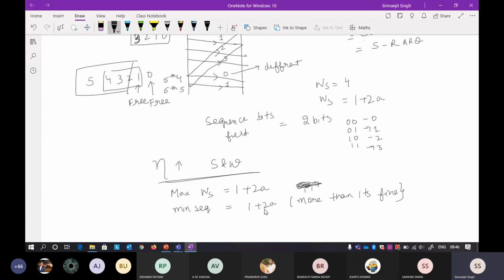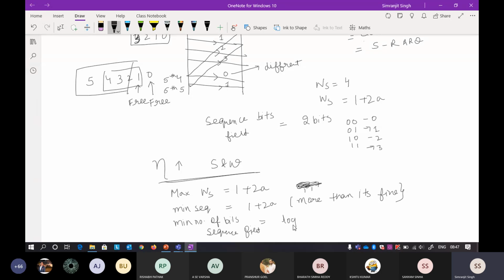But by increasing the size of the sequence number field, you have to increase the number of bits to represent it. Now the minimum number of bits required in your sequence field will be log of the minimum sequence number.